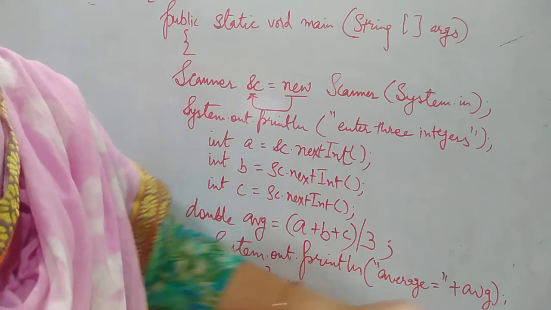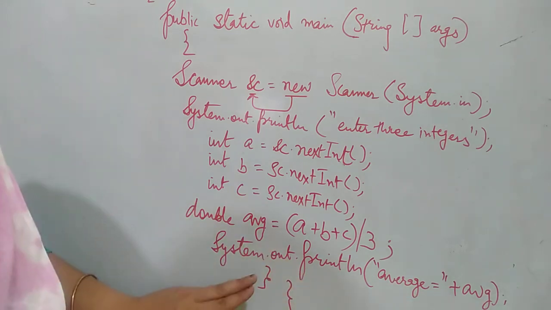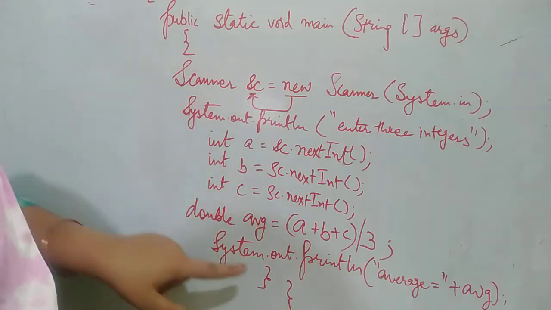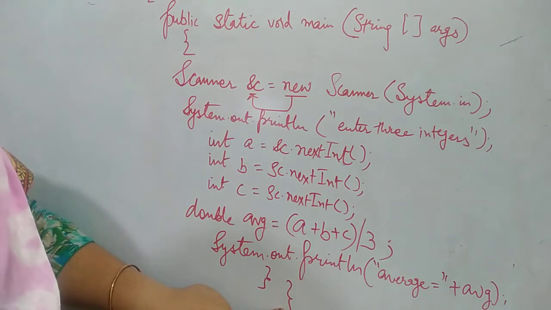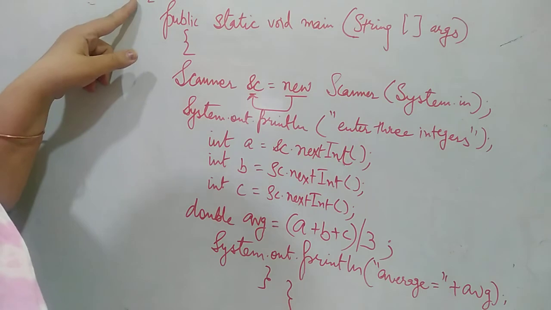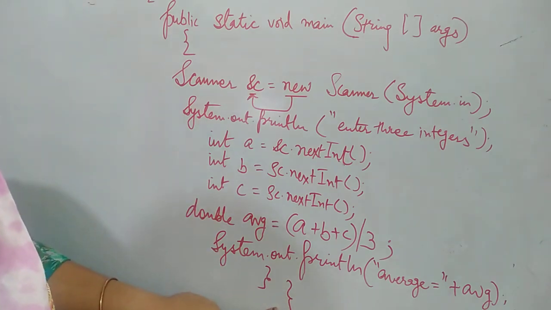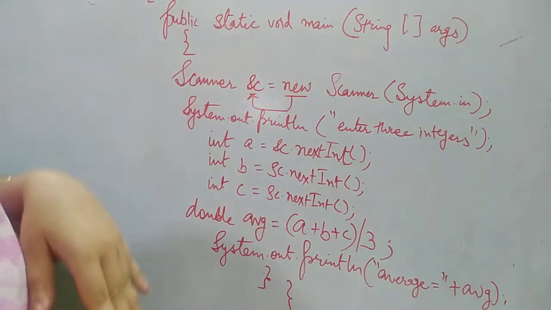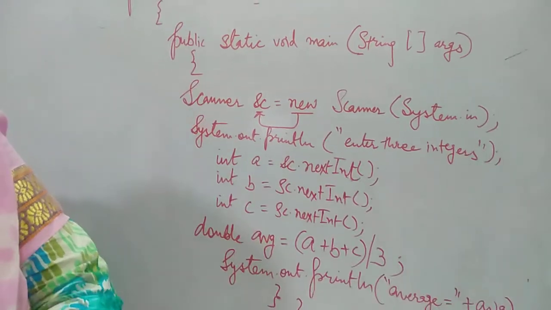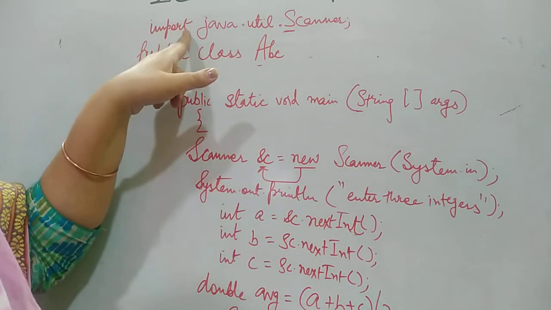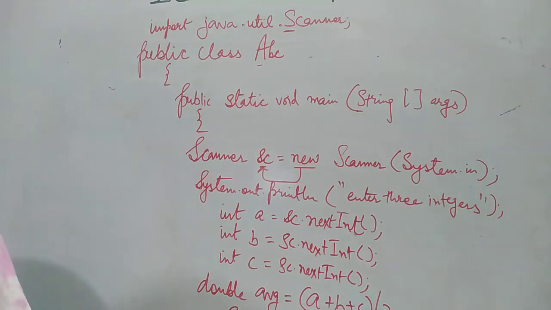That means the resultant value will be printed here, and after that you need to close the main method body that started there, and this closing bracket is for the class body. That is, the class body started here and the class body ended here. This is the program, and this import java.util.Scanner statement will be the first statement, as you need to use Scanner methods in the class. That is why this statement will help us to use the methods in the class.